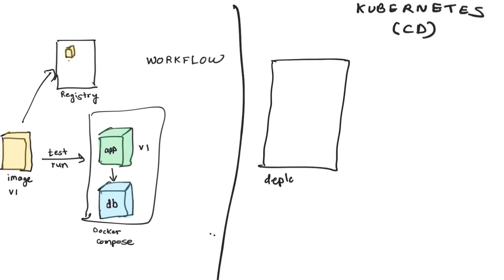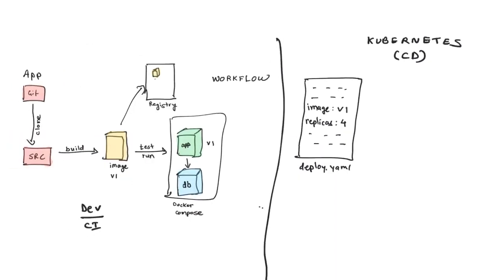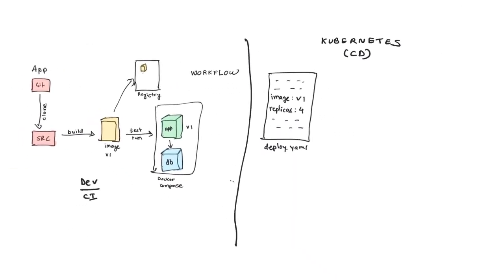In a Kubernetes environment, you typically would write some YAML files, and that's where you define how you want to deploy your application. Some of the configuration would include which image to use and how many replicas or instances of that application you need. So you feed this YAML file to a command such as kubectl. The kubectl apply or kubectl create command reads this file and then sends it to the Kubernetes API server, and then it gets deployed